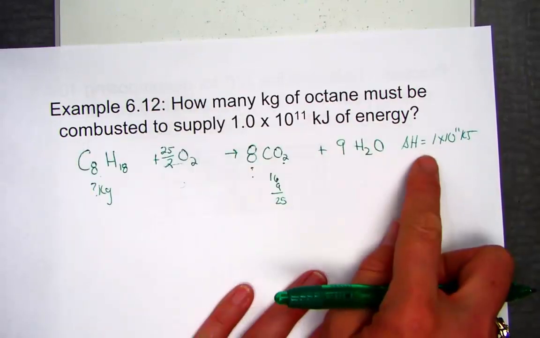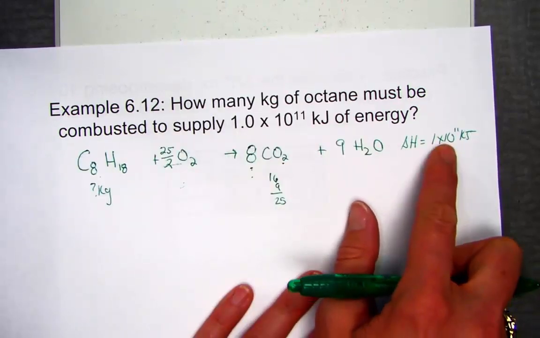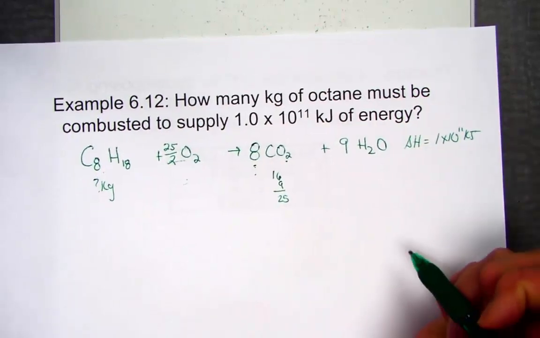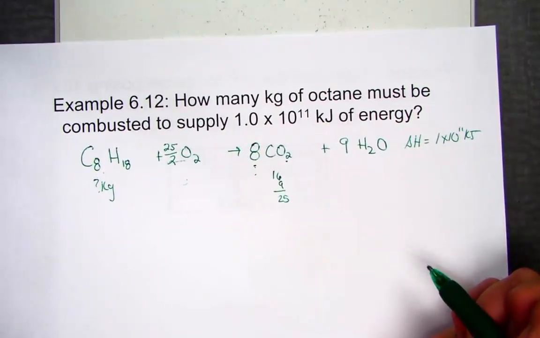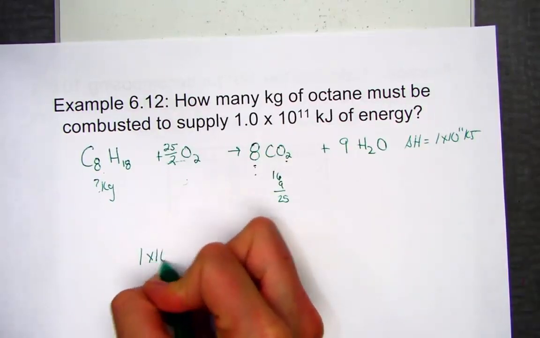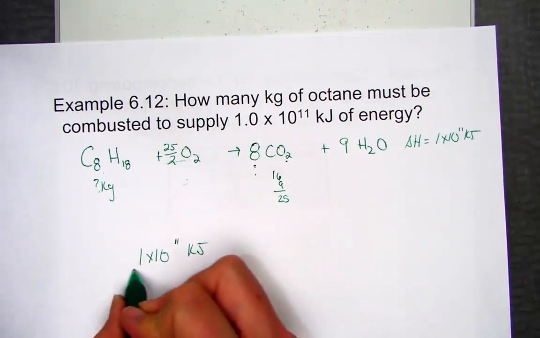If this particular reaction per mole releases 1 times 10 to the 11th kJs, how many kilograms would be released? I look at this more as stoichiometry than really with the enthalpy chart. So if I know that 1 times 10 to the 11th kilojoules of heat are released,